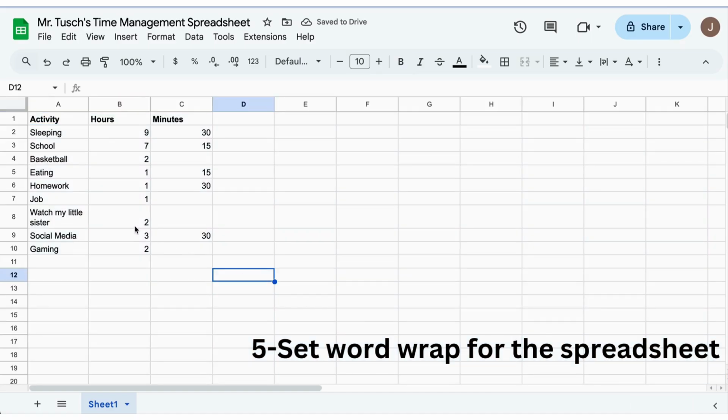Now, I just used a word that I haven't used before. You see each of these little boxes in here? These are called cells. On a spreadsheet, that's what we call them, cells. And we're going to set word wrap so that the cell keeps all the text, makes all the text visible for you. That'll become important in a little bit. So go ahead and set word wrap for your spreadsheet.